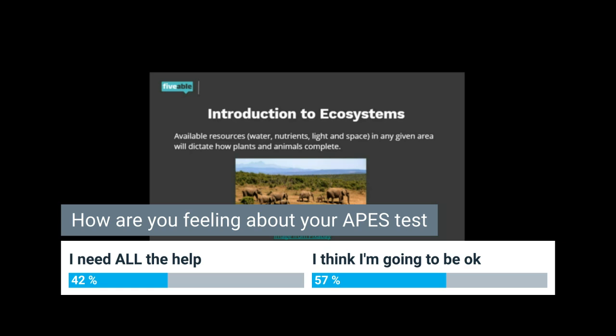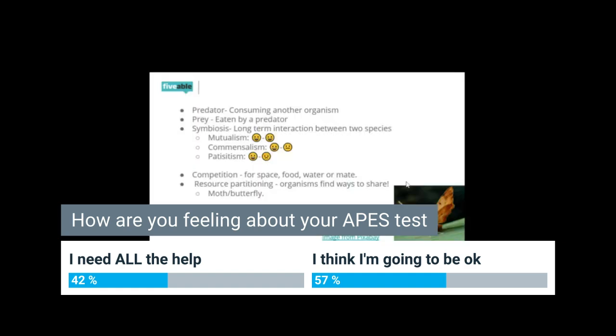And so different ecosystems would be like your desert or a forest or different things like that, and how they are different from each other. So you could have two forests who have very similar abiotic factors, and then the different biotic factors in those ecosystems would make them different from one another. All right, and we're going to go over some major terms that we need to know for this first section.